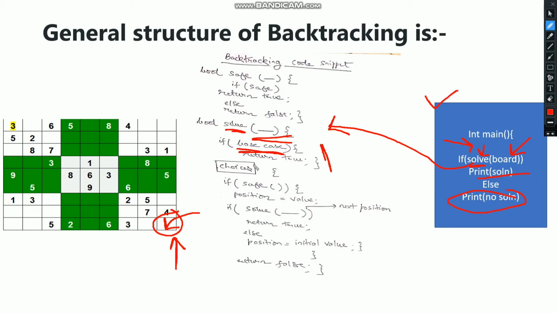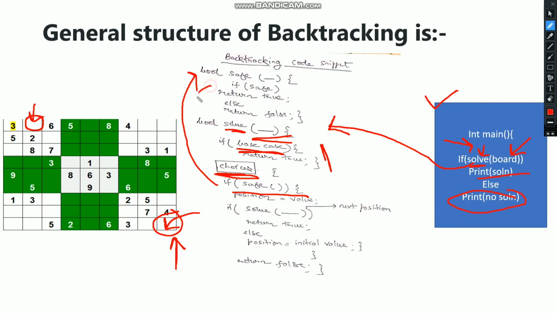In each cell there are choices which I'm going to fill, but before filling the value in this position, I need to call the safe function in order to check whether we can fill or not. So I've included the safe function, my own user function, outside this solve.